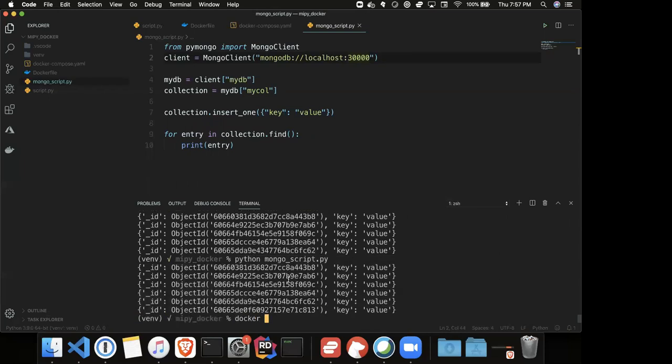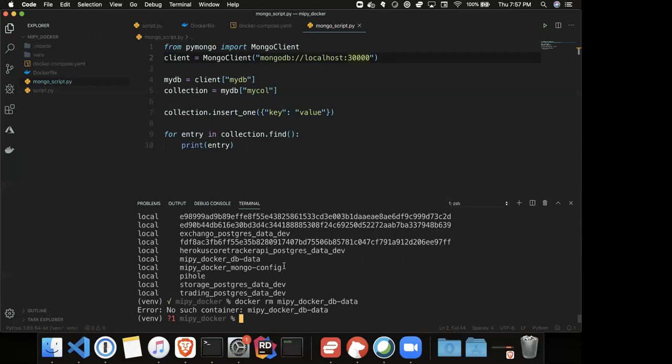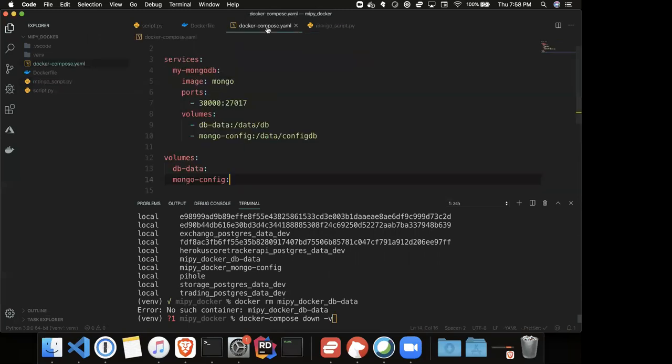we can go and take a look at this volume, docker volume ls. It should start with the project name, mypy_docker. Yeah, here it is, db_data. So we can go ahead and docker volume rm. Actually, I wouldn't be able to remove it because it's linked to a running container. But what I can do is docker compose down -v, where v stands for volume, and it will not only